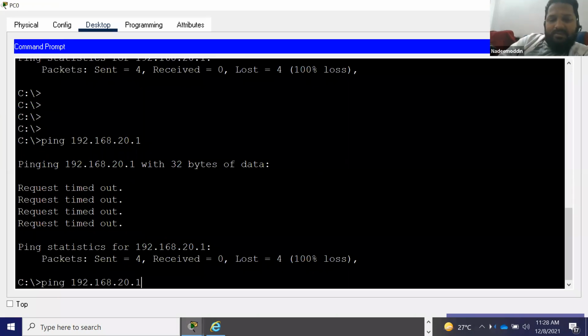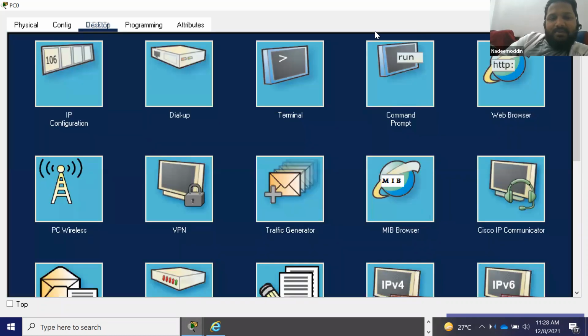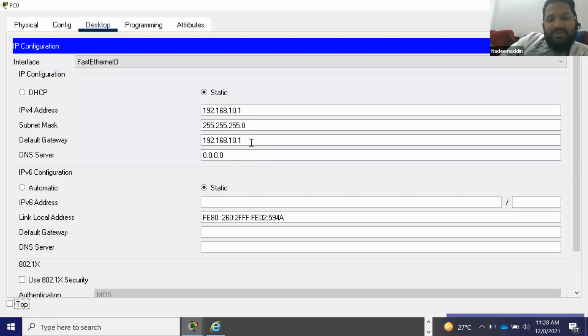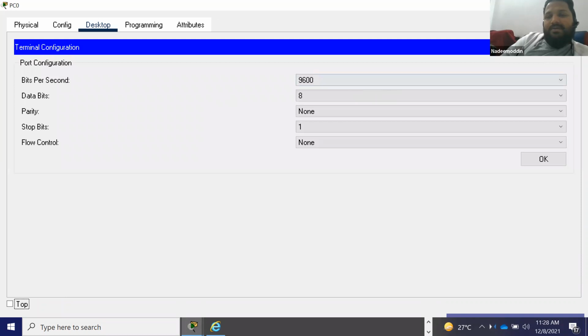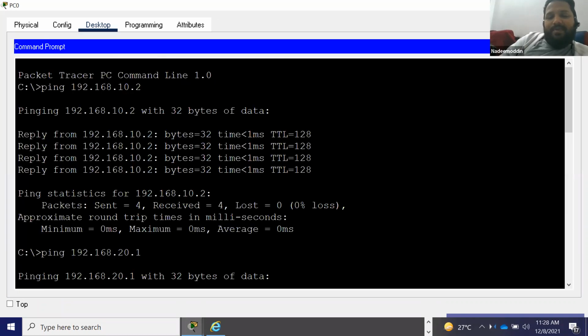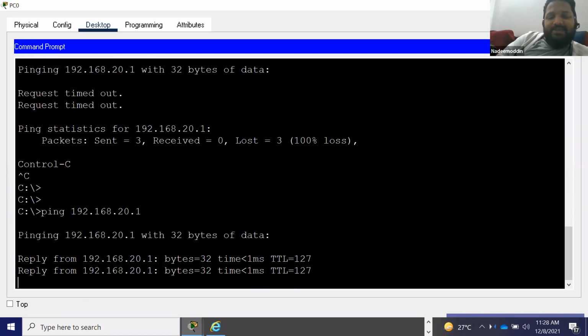Let me go back and check its gateway. Okay, see here, I put a wrong gateway. The gateway should be 10.10. Now I will go back and fix this one. Here we go. Can you see? You're able to ping the 20 network.